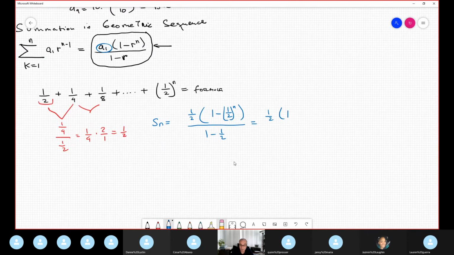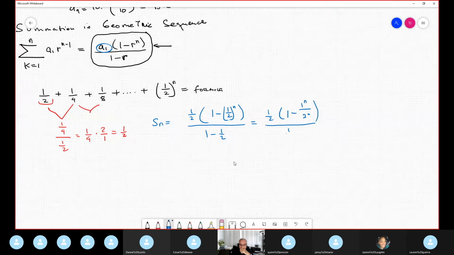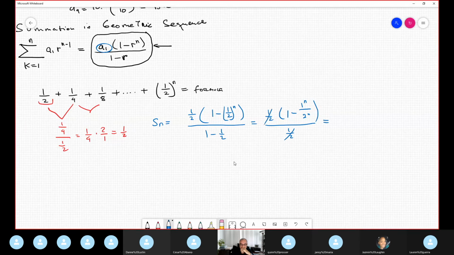1 minus 1/2, well, in this case, I separate 1 raised to the m divided by 1 minus 1/2, which is 1/2. It's obvious this cancels. And I know that 1 raised to any number is 1. You know, 1 is a magic number. The answer is 1 minus 1 over 2 to the n power. This is the formula